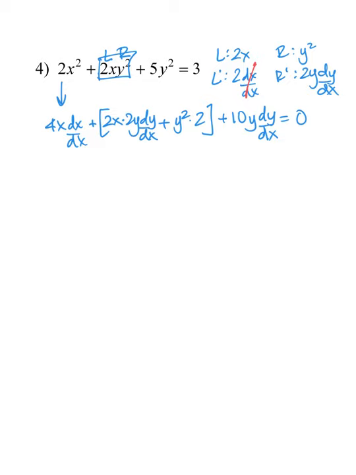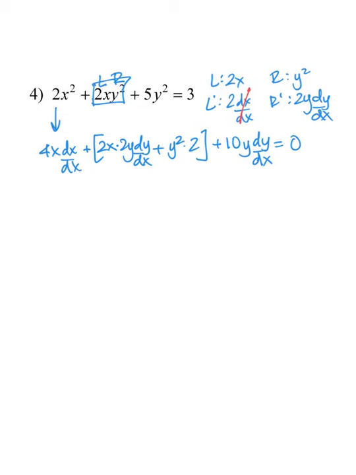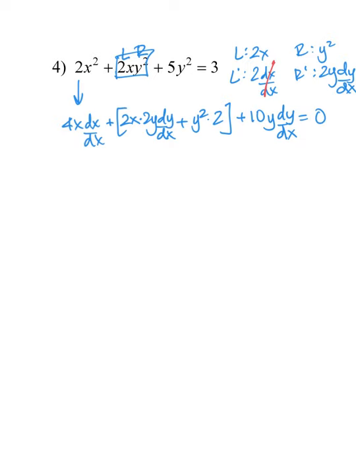Now, I'm going to do a couple of things in one swoop, because this is Algebra 1. Remember, the dx/dx goes to 1, so we're going to have that. And then, since we're isolating the dy/dx terms on the left, we would be subtracting that 4x, and we would be subtracting 2y squared to the left. So we would be left with